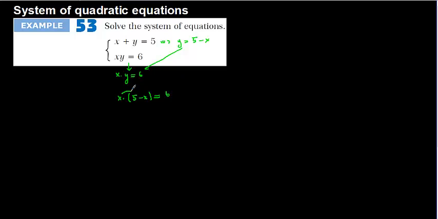Then if you distribute the x term here, 5x minus x squared is equal to 6. If I collect the terms together, minus x squared plus 5x minus 6 is going to be equal to 0. Here the important part, if I get positive x squared, then I can do easy operations. That's why I'm going to multiply by minus 1. Then the equation is going to be x squared minus 5x plus 6,